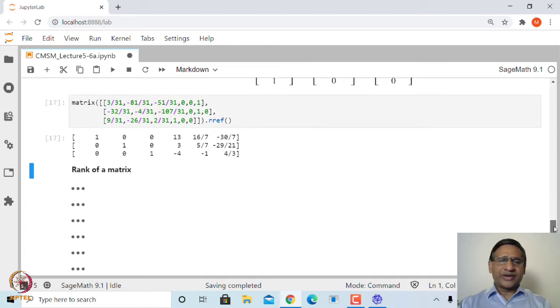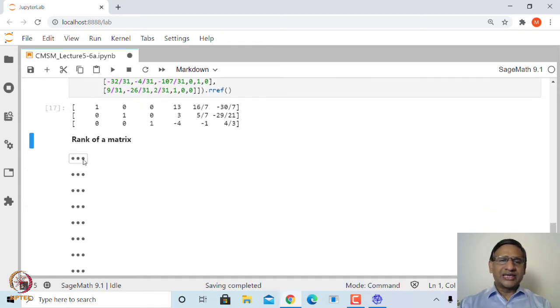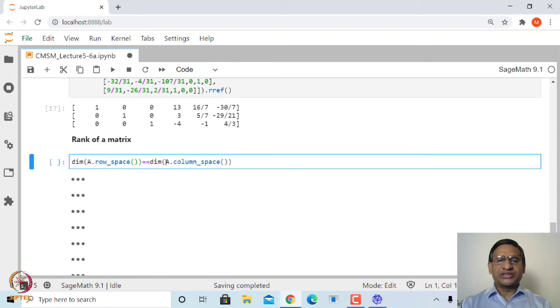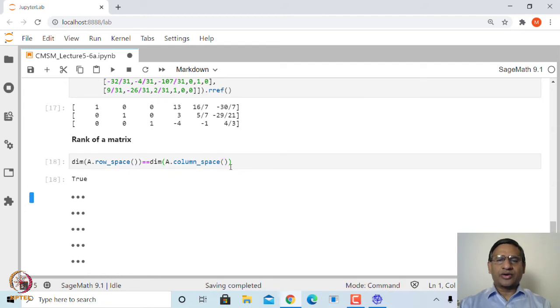We already defined the meaning of the rank of a matrix. If I take any matrix, then the dimension of the row space is always the same as the dimension of the column space, and that is called the rank of a matrix. So, in this case the rank is 3. Rank 3 is the same as saying you have only 3 linearly independent columns, or 3 linearly independent rows. The remaining columns can be written as a linear combination of these 3 columns.